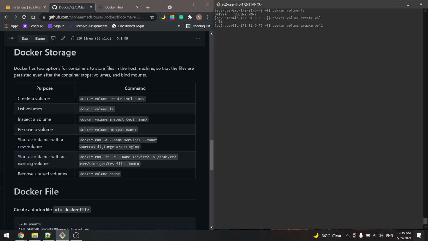And now if we do docker volume ls, we see that we have the volume 1 in our local drive. Let's inspect the volume. To do that, the command will be docker volume inspect and the name of the volume, so volume 1. Here we see the creation date and time. The volume is located in our local drive, and this is the mount point, this is the name, and the